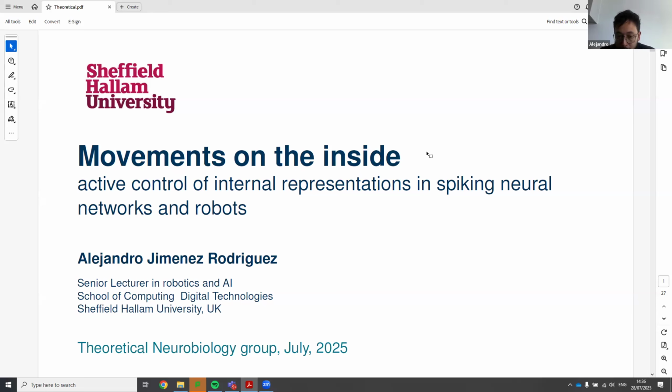So today I'm going to talk about movements on the inside: active control of internal representations in spiking neural networks and robots. This work started with my collaborator and student Ong Htid, who is in the chat, and Sarah Hamburg, whom I don't know if she is in the chat. We started wondering about the state of